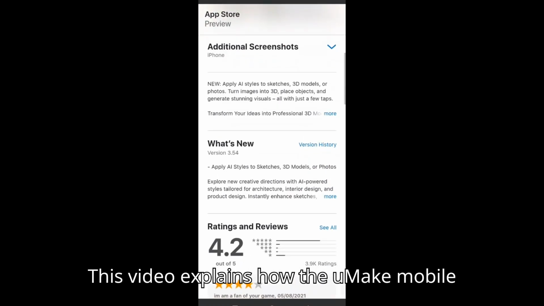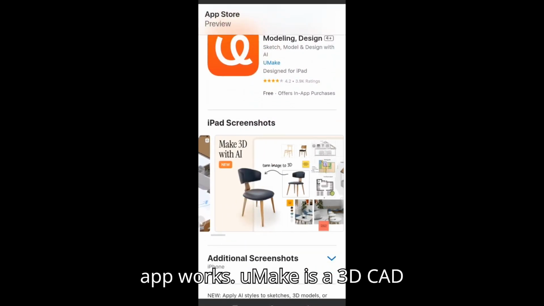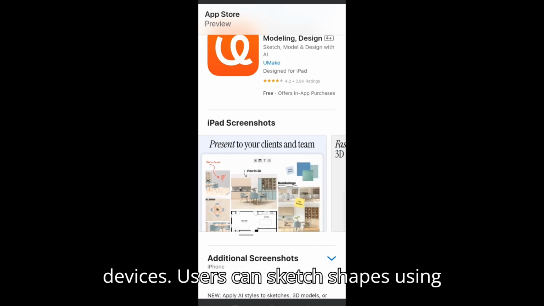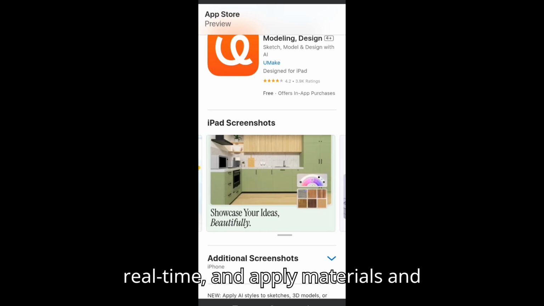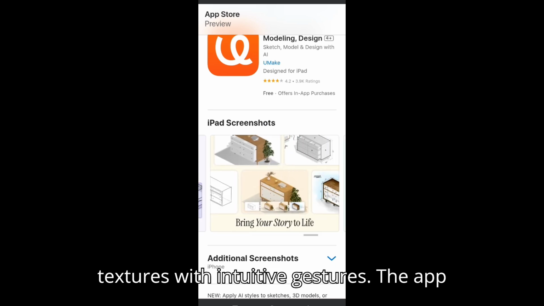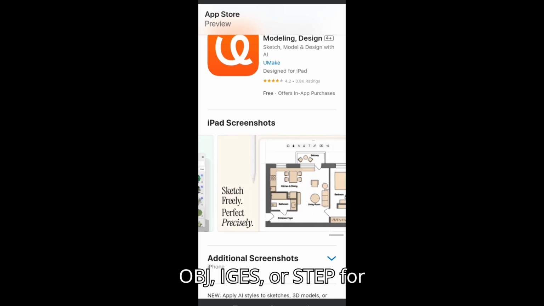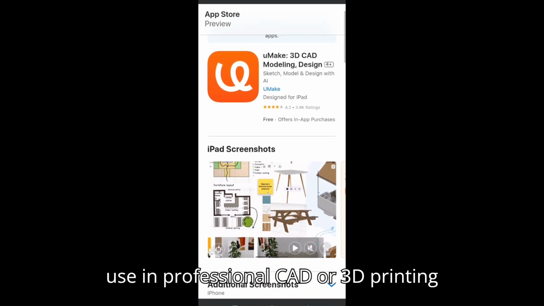This video explains how the uMAKE mobile app works. uMAKE is a 3D CAD modeling design tool built for mobile devices. Users can sketch shapes using Touch or Apple Pencil, rotate models in real time, and apply materials and textures with intuitive gestures. The app allows exporting designs in formats like OBJ, IGES, or STEP for use in professional CAD or